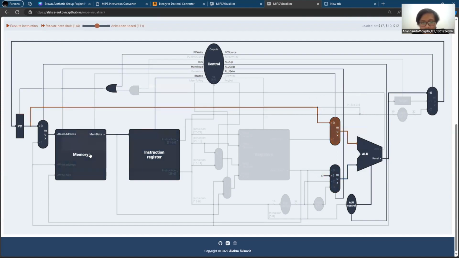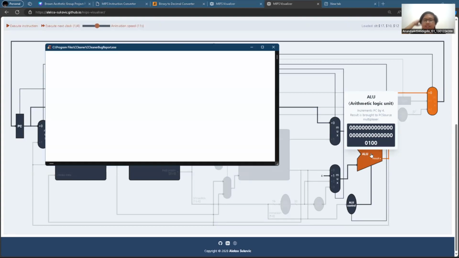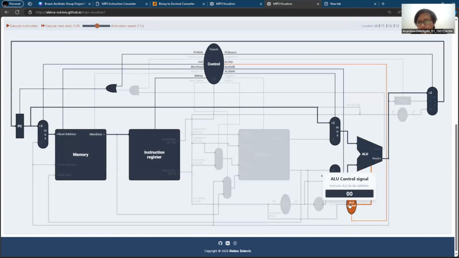Yeah, so at first it is 0, and then it goes here, and then in the ALU, the value of the program counter will be incremented by 4 by this MUX, and the addition or arithmetic function is controlled by this ALU control.